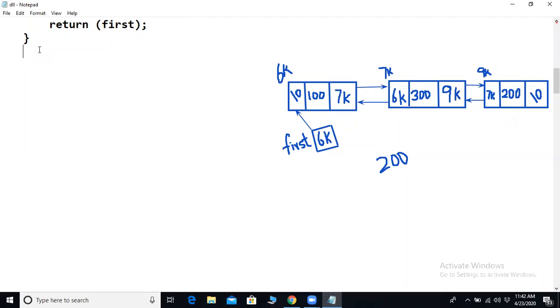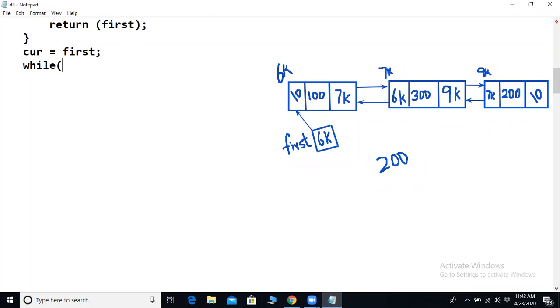First step, I will copy the first value into cur. So cur value will now be 6000, because we use this cur to traverse. Now the condition is very important.